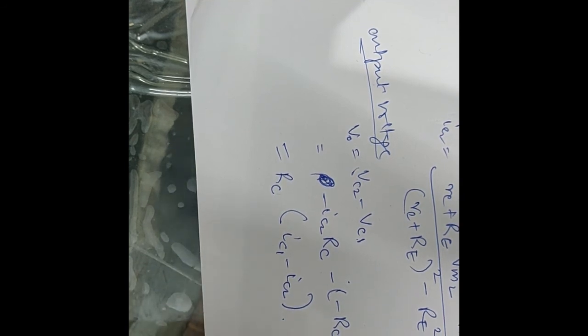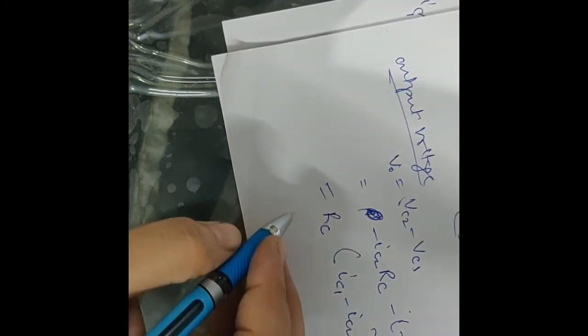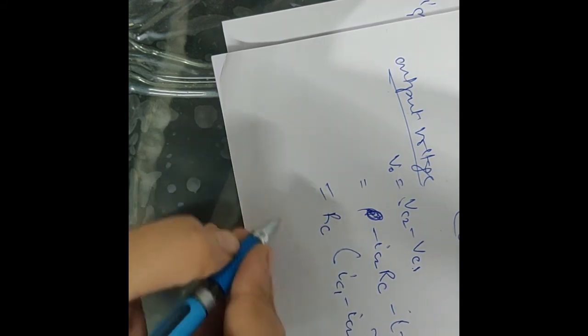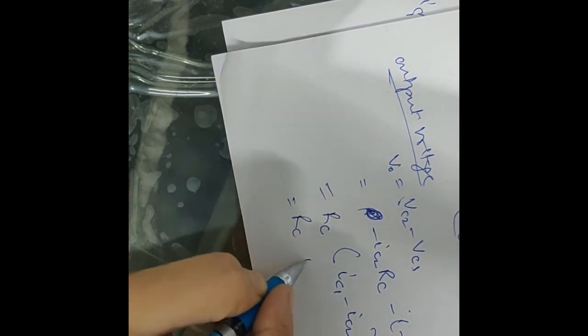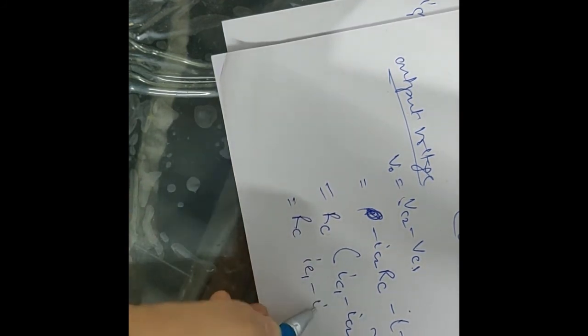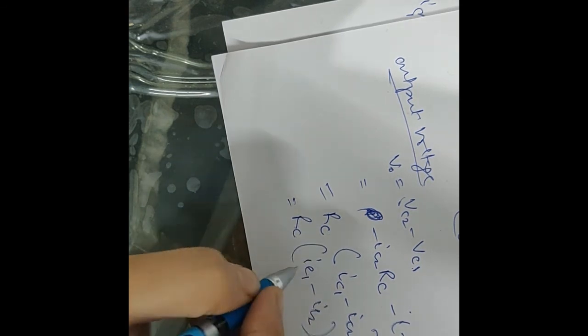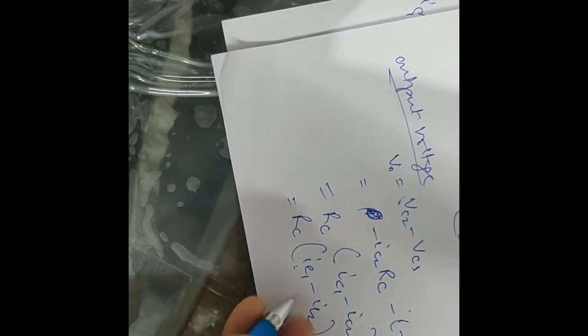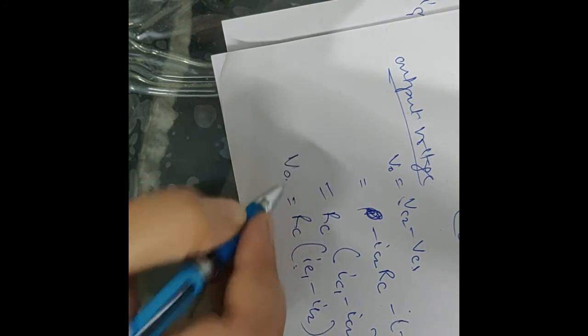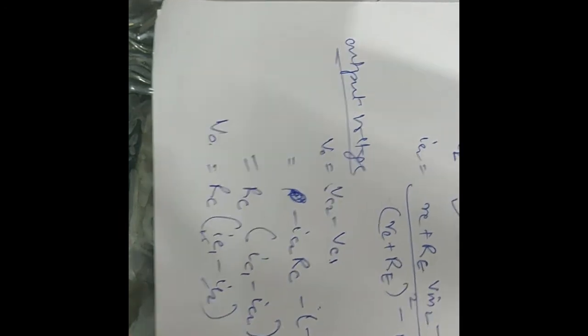Since IB is very small, we can assume that IC is nearly equal to IE. So we can put it as RC times (IE1 minus IE2). That is the VO, right? So we can put the above calculated values of IE1 and IE2 here, and they will reduce the expression, and we will get